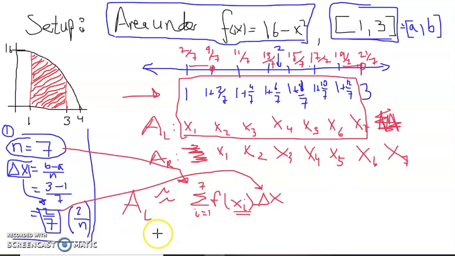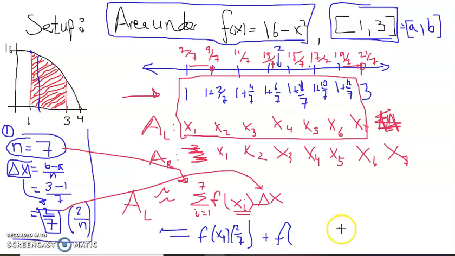If you were actually writing out each term, the area is approximately this, which is exactly equal to f of x1 times 2/7. That's the first box. f of x1 would be here, times 2/7